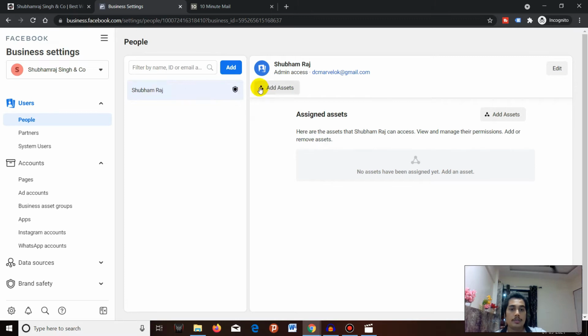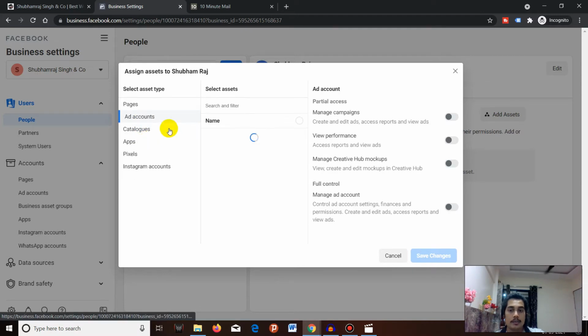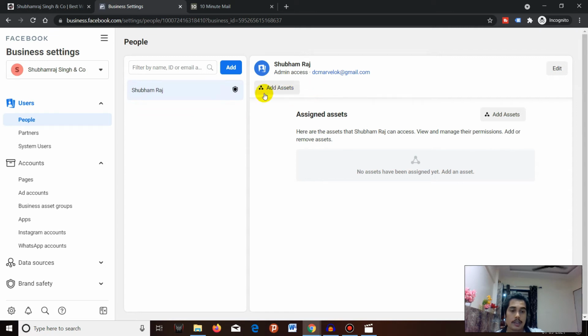When I click on Add Assets, you can see the different kinds of assets which I can share: the new page experience, which says no page in this business, please choose a different account or tool. Then you have classic pages, ad accounts and catalogs, apps, pixels, and Instagram accounts, and you can share all these assets with anyone who is already added into your Business Manager. So this is how you can add assets into your Business Manager and assign them to anyone who is already added.